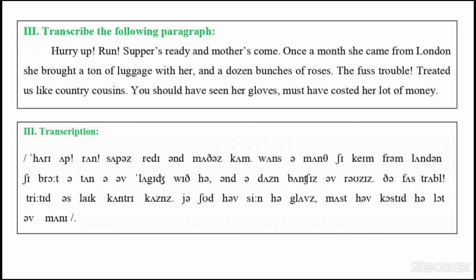You with a schwa, you schwa, should, sh short u, d. Have becomes have. You should have with a schwa. Seen, seen long e. Her becomes her with a schwa. And gloves, gloves, V upside down and the z at the end, comma, must,